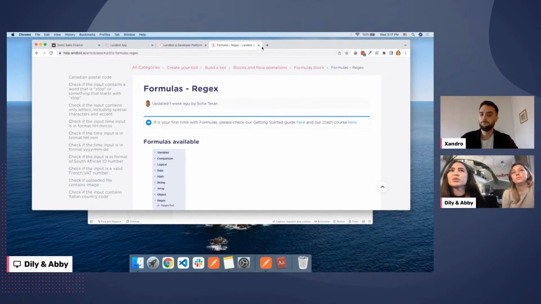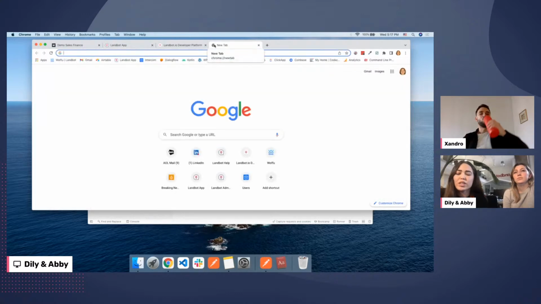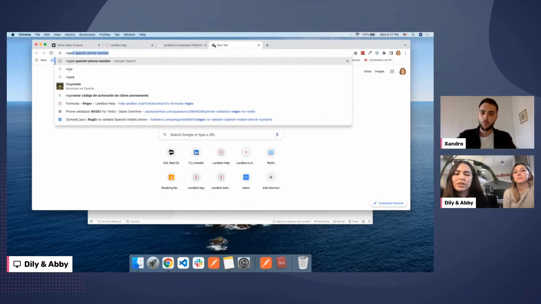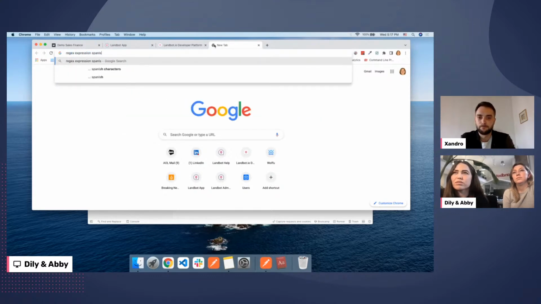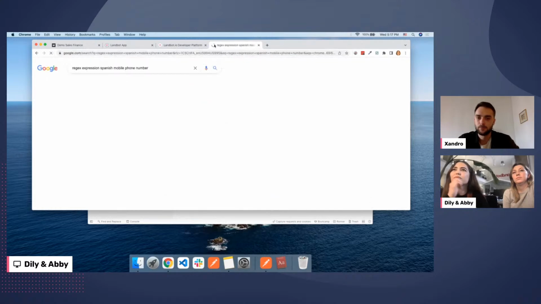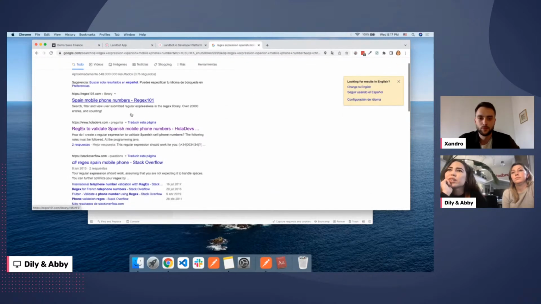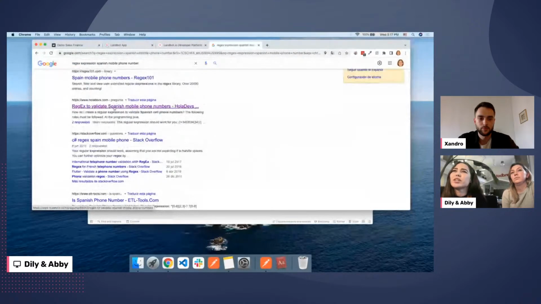In our case, we're going to validate the Spanish phone number. On the internet, there are a lot of different expressions, so we can just Google it, Spanish mobile phone number, and you will see different webs where you can check the specific regex expression.